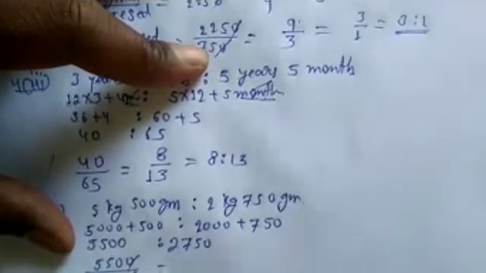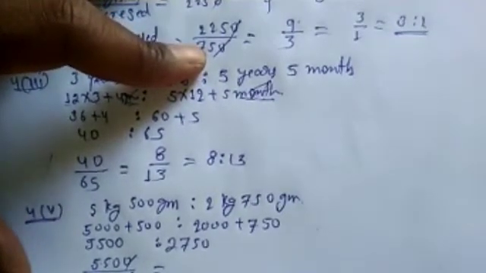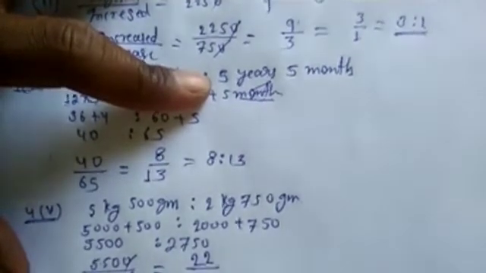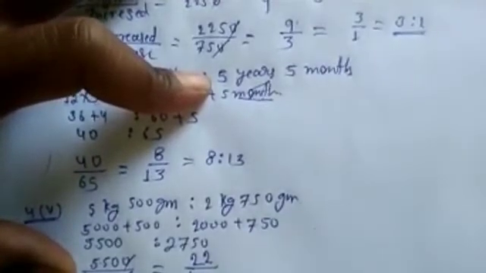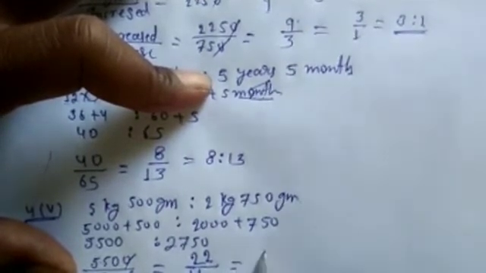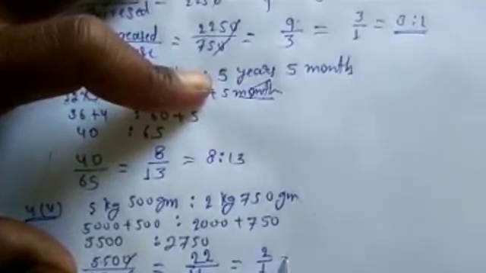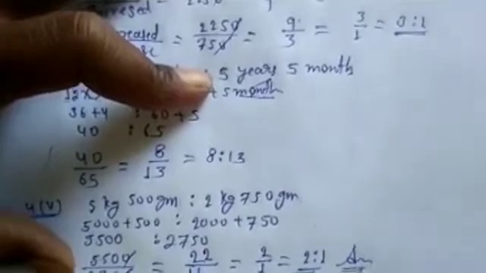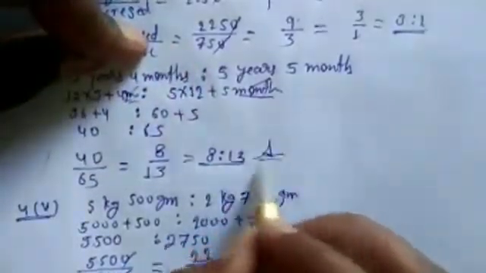Now this 0 will be cancelled there. 550 and 275, both of the numbers can be cancelled by 25. 25 times 2 is 50, 5 is remainder, so this is 50 again. 25 times 2 is 50. Now 25 times 1 is 25, 2 is remainder. Now 11 times 2 is 22, this is 2 ratio 1. Now this is the answer of this part and this is the answer of this part.